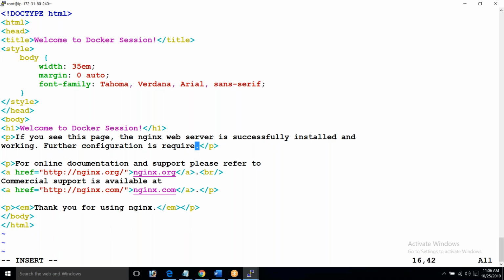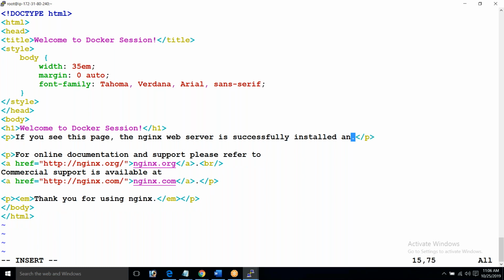If you see this page, then we have successfully configured our own index.html page.